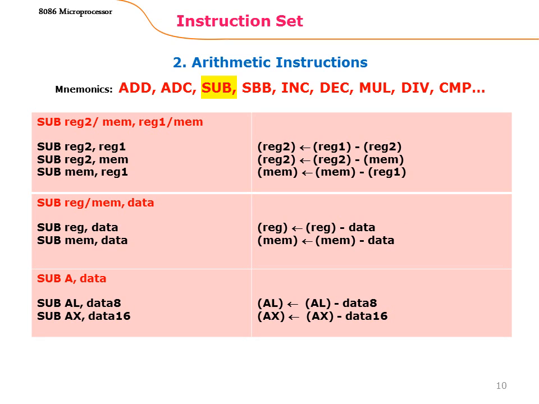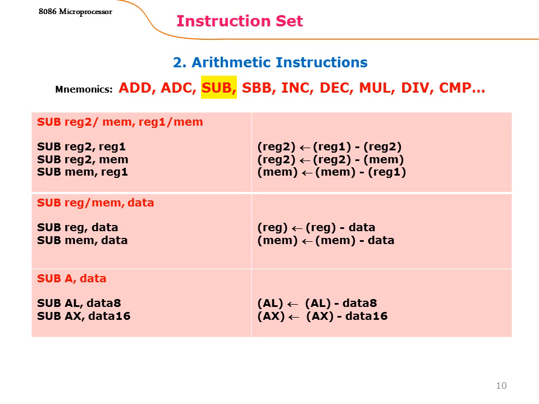SUB. SUB is the subtraction operation which performs subtraction between two operands. If the source operand is a register, there are two possibilities of destination operand, either a register or a memory location. If the source operand is a memory, there is only one possibility of destination operand, that is a register. If the source is the immediate data, there are two possibilities of destination operands, that is either a register or a